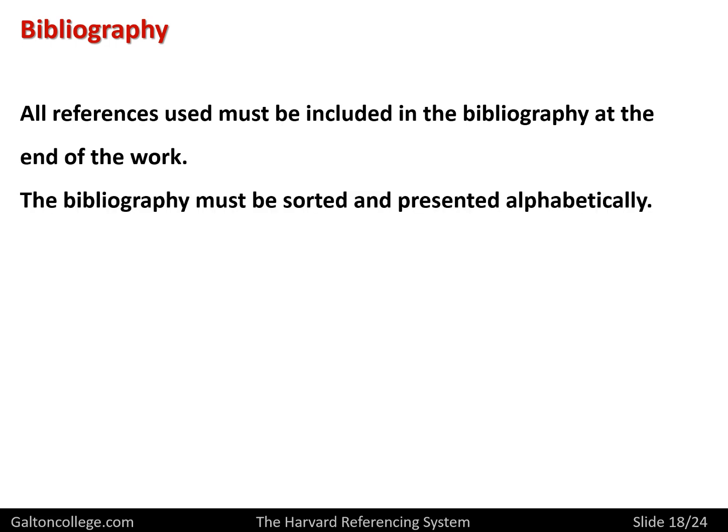The bibliography must be sorted and presented alphabetically. It's only fair to organize the bibliography in some meaningful way. So the best way to do it is to take the surname of the person, of the source. Take the surname and organize it alphabetically by surname. So now if we know that the publication was by someone called Smith, we would go down to the S's. And amongst the S's we'd go down to the M's. And it'd be Smith. And we'll find the source that we've... So the bibliography should be organized.